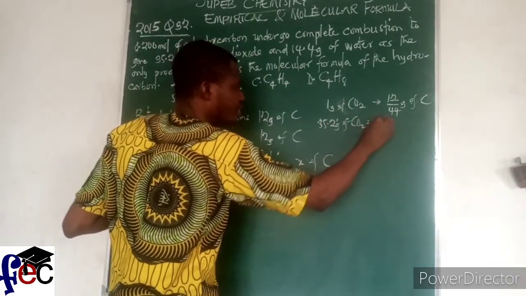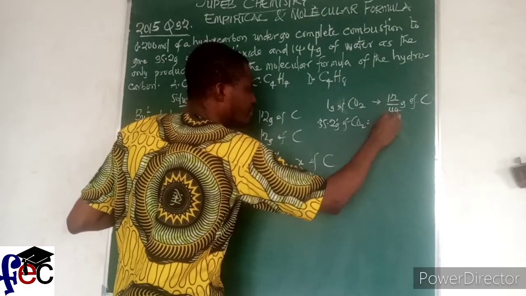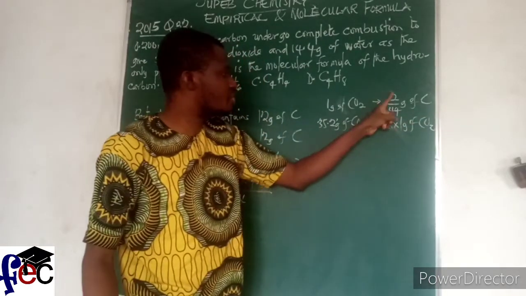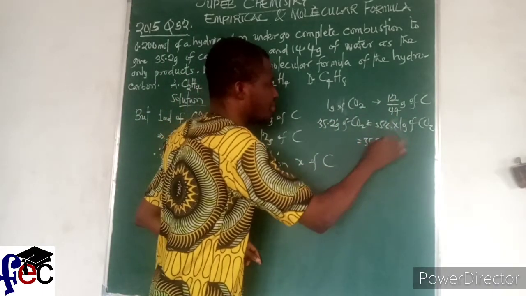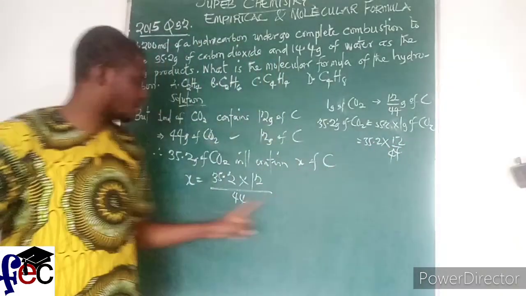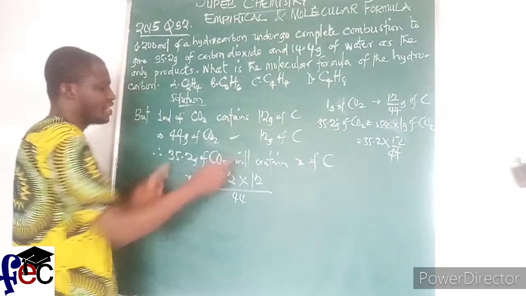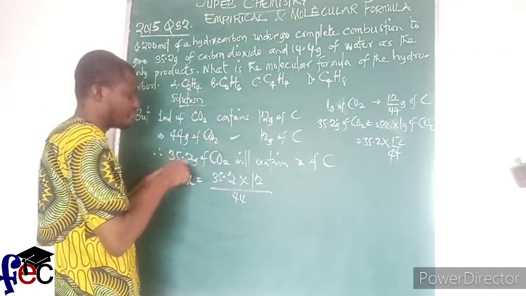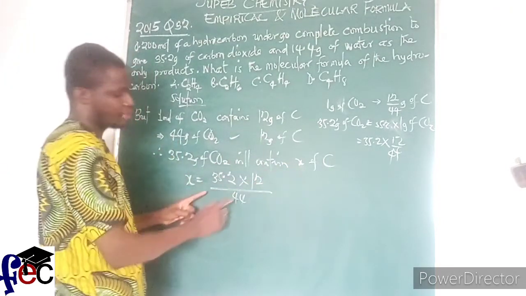This is like 35.2 times 1 gram of CO2. And 1 gram of CO2 is 12 over 44. So if you introduce it, you are going to have 35.2 times 12 over 44. Do you see? 35.2 times 12 over 44. So the shortcut we always use to teach is just to cross multiply: 44 times x equals 35.2 times 12. Since 44 is beside x, you now divide both sides by 44. That will result in this.